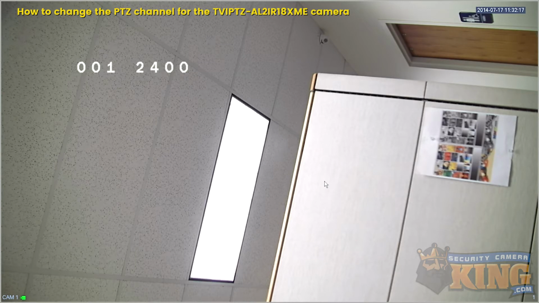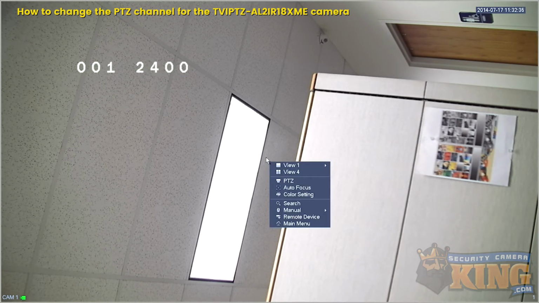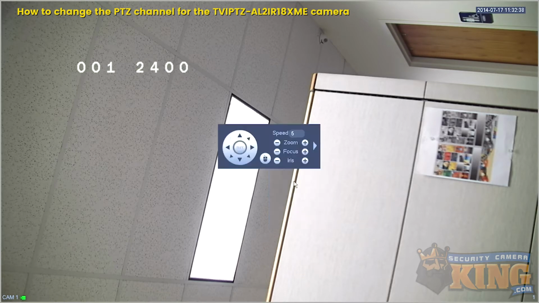If you have multiple of this camera and they're all set to channel 1, you would be controlling every camera at the same time. So what we need to do is make sure that each camera is on its own PTZ channel. So the first thing you're going to want to do is pull up the on-screen display for the camera. And to do that, you're going to open up your PTZ controls,